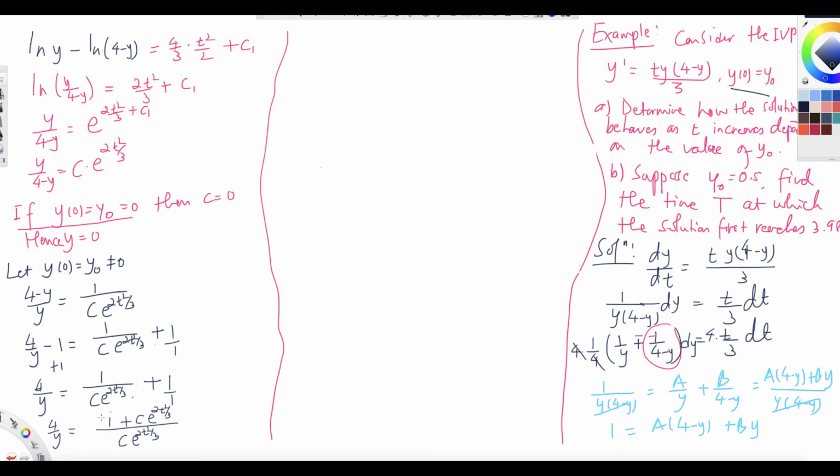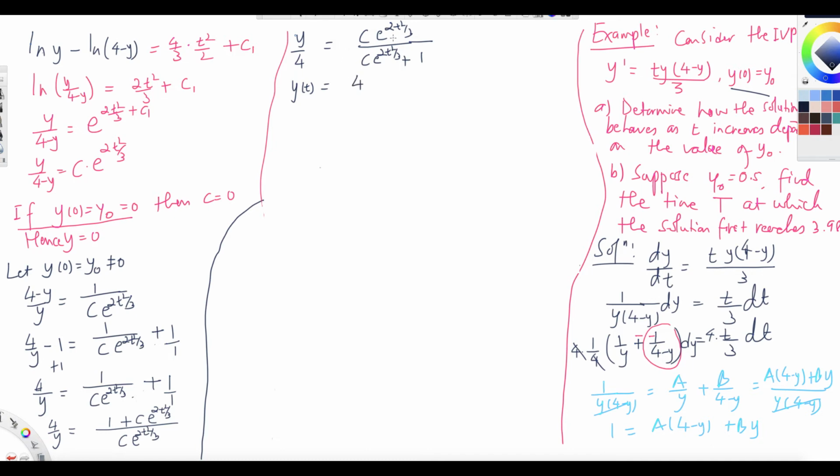Just swipe the top and bottom again. Here I swipe top and bottom from here, because I just put in the numerator the reciprocal of this and the reciprocal of that. That's what I did here, and I'm doing the same thing here. So you get y over 4 equals c e to the 2t square over 3 divided by c e to the twice t square over 3 plus 1. I'm just swapping the top and bottom. If you multiply both sides by 4, what do you get? You get y of t equals,